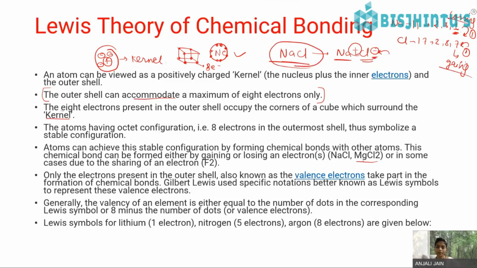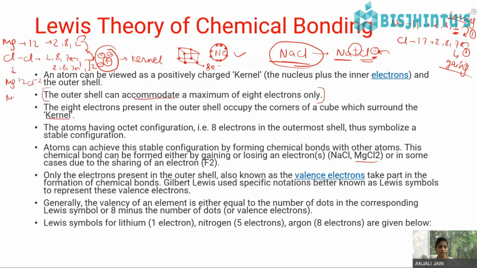Magnesium chloride, as we see, Mg2+. Magnesium has atomic number 12, so its configuration is 2, 8, 2. The 2 electrons it will lose. Cl2 molecules are there, and each Cl requires 1 electron, so a total of 2 are required. So Mg will give 2 electrons and Cl will receive 2 electrons. Like this, Mg2+ plus Cl minus 2 will be formed,